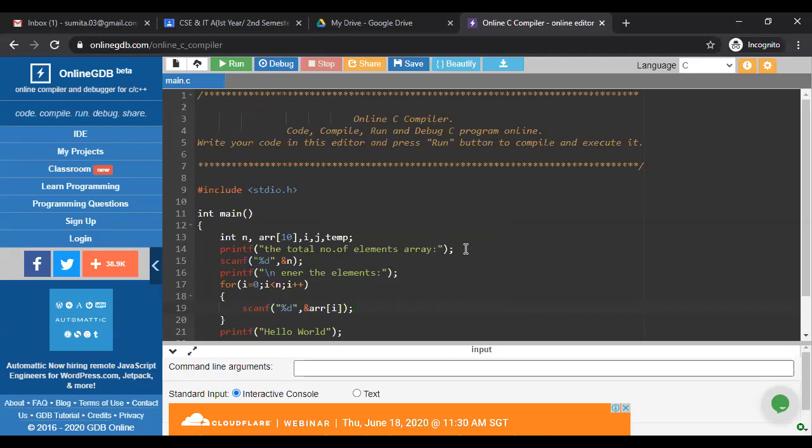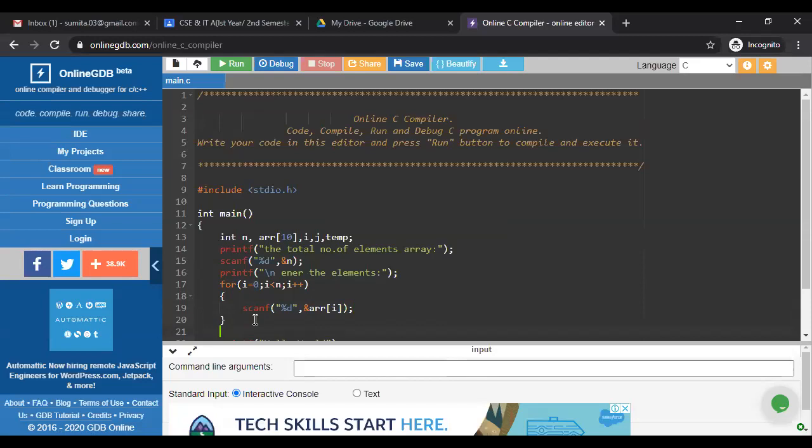After inserting all the elements, now we have to write our sorting logic. As we say, we have to execute an outer loop for the iteration number and an inner loop for the comparison. So both are required.